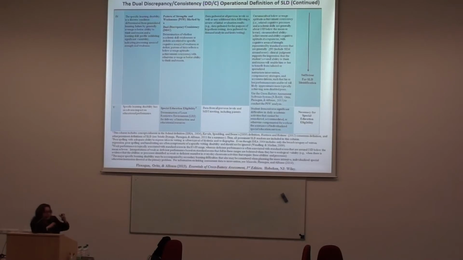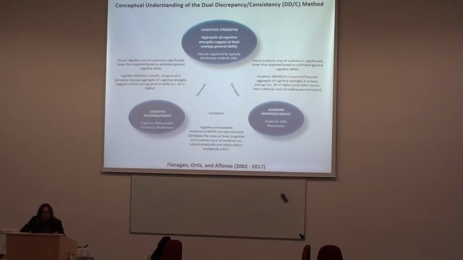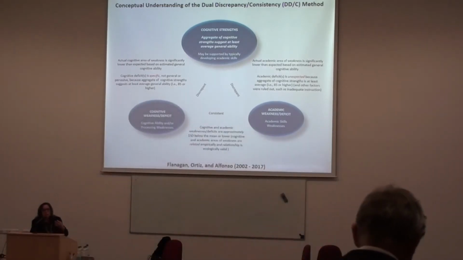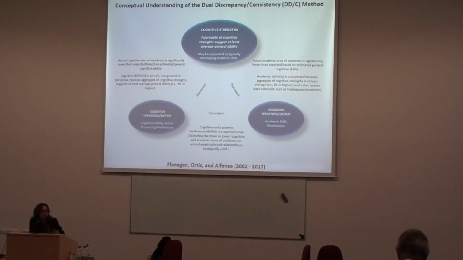And because of the type of analyses that we do with our data, it requires our program in order to understand if those relationships are consistent with the pattern. And so now let me move in and talk about that pattern. When we talk about pattern of strengths and weaknesses, the key features are basically there needs to be evidence